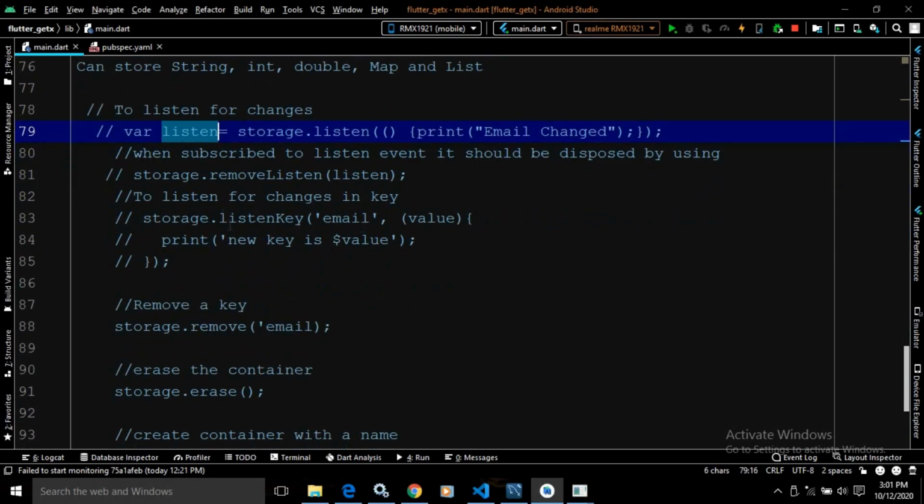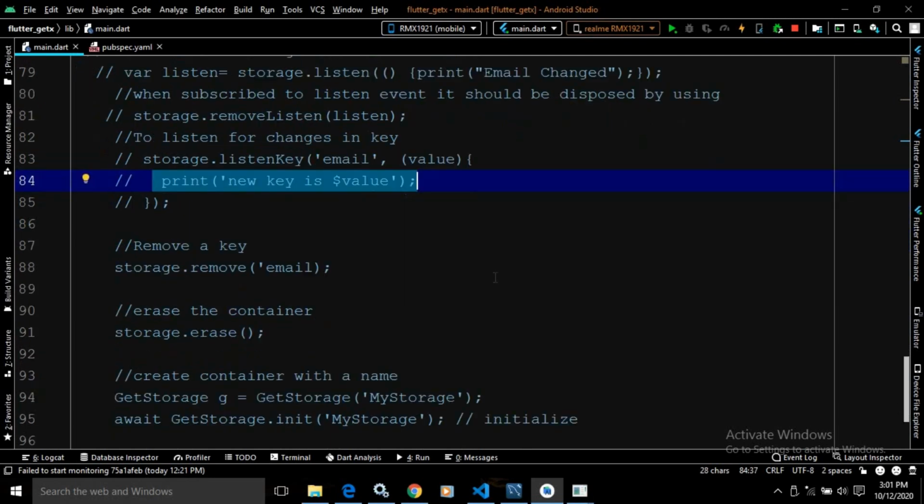Now the listen will listen for all the keys which have been stored in the storage, but if you want to listen for a specific key, at that time we can use storage.listenKey, and here the key name will be there, and the value which has been stored against that key will come here, and after that we can perform the action which we want to perform.